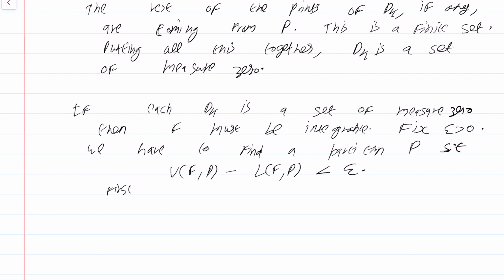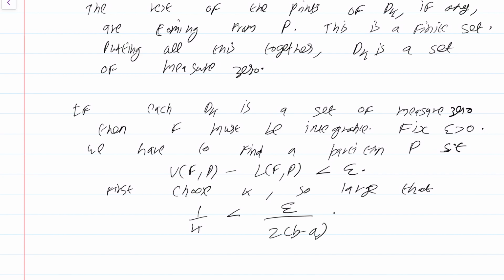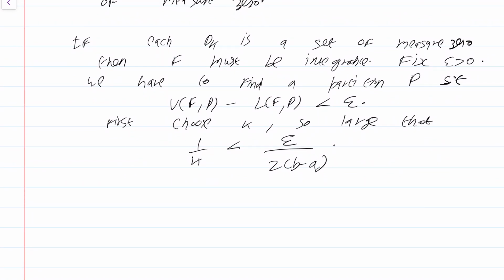First, each D_k is a set of measure 0. So first choose k so large that 1 by k is less than epsilon by twice (b minus a). Now I don't like such magic constants, but here it's sort of unavoidable. As it is, the proof is a bit technical. You will understand why twice (b minus a) in a moment. Okay, so I'm going to first choose k so large that 1 by k is less than epsilon by twice (b minus a). Okay, now since D_k is a set of measure 0,